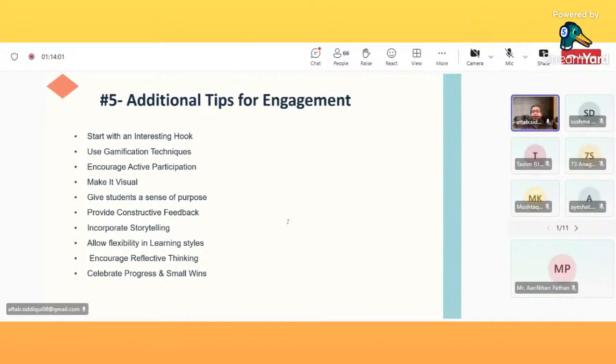And as I said in the last slide also, about the types of learning style, mostly I have seen people learn through visuals. So if possible, you can use some PPTs, flowcharts, videos, some interactive models to simplify complex concepts. And as I said last, give students a sense of purpose. Why are they learning pharmacy? Why are we learning this? Give a sense of purpose. As I said in the last lecture also, I found a student who was from a pharmacy background, and he had seen some YouTube video.